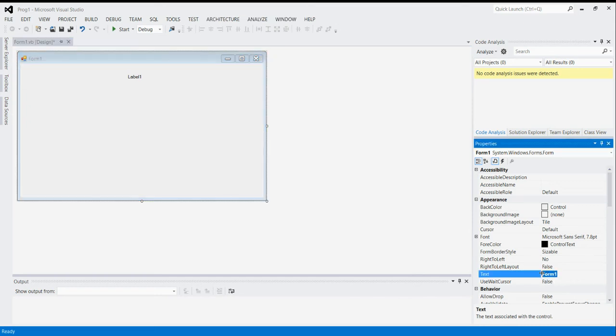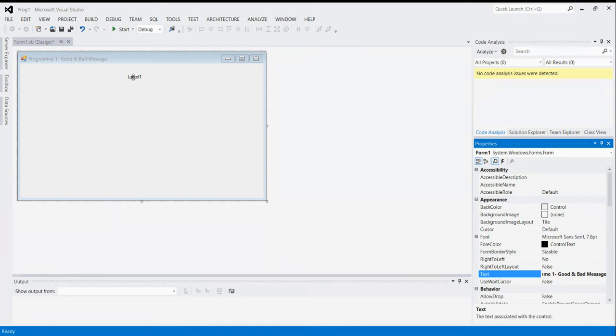This is my program 1, so I must enter here Program 1 Good and Bad Message. So you can see in the title bar of the form, Program 1 Good and Bad Message has been changed.